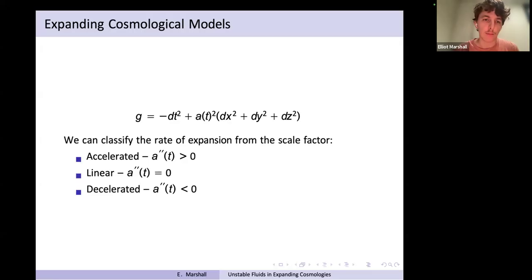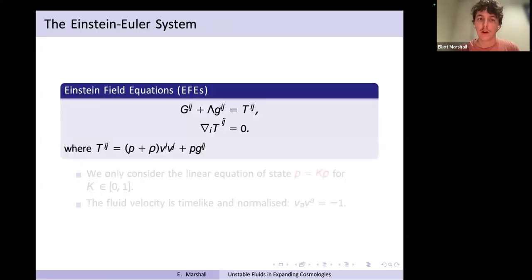And in this talk, I'm primarily focused on two cases, the sort of more extreme cases. So accelerated expansion and decelerated expansion. And as we'll see, these two models have very different types of properties when we start looking at nonlinear perturbations. Okay, so that's the general goal. I want to perturb FLRW solutions.